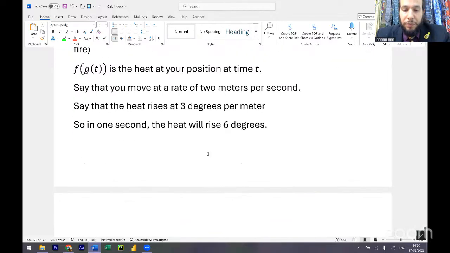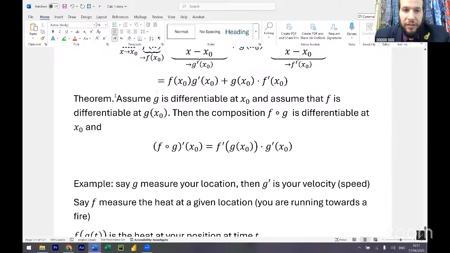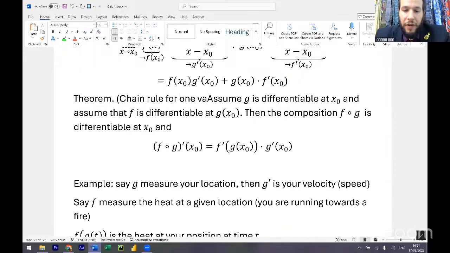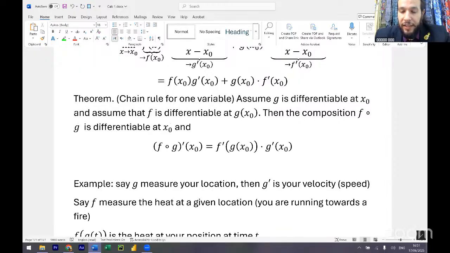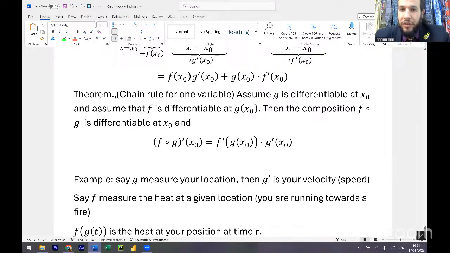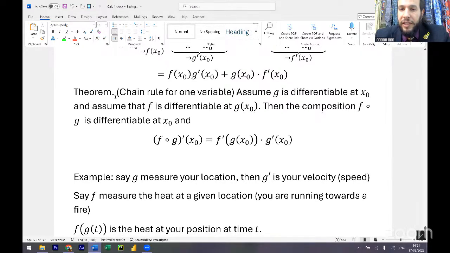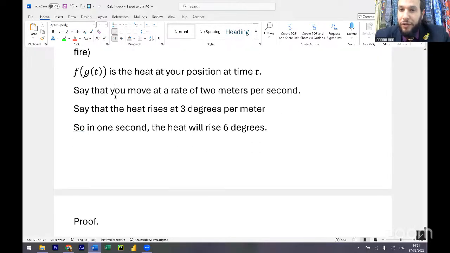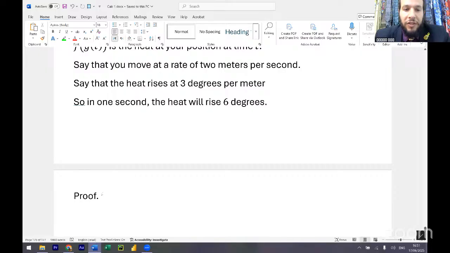So let's prove the chain rule. I'll write that the theorem is the chain rule for one variable. It has generalized versions for a few variables, but that is not part of the syllabus of this course. We will prove the theorem